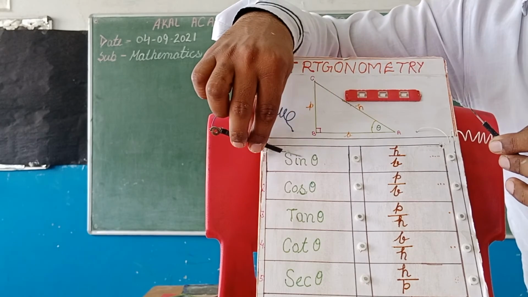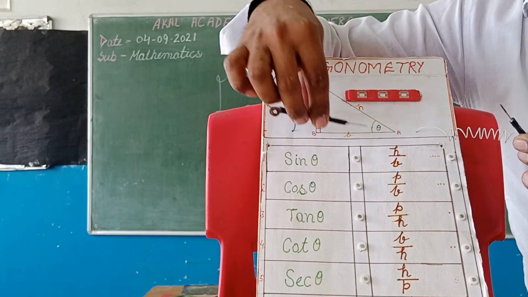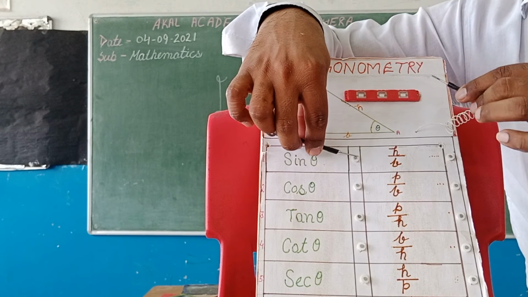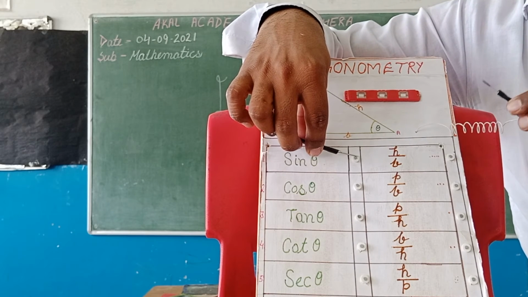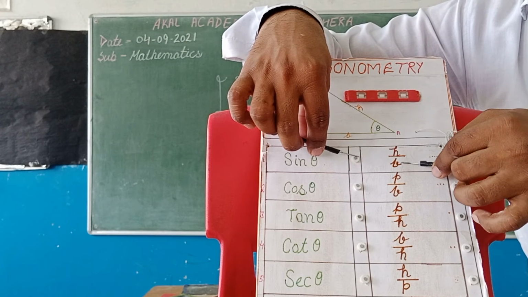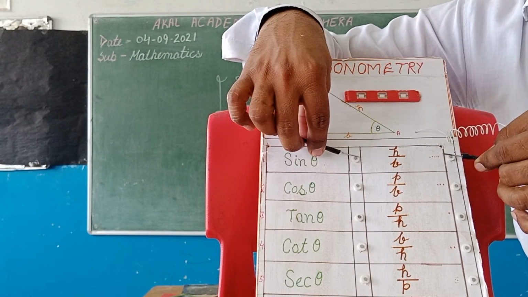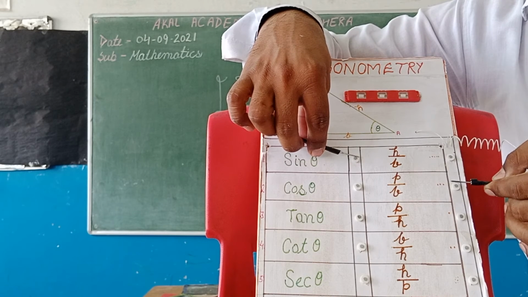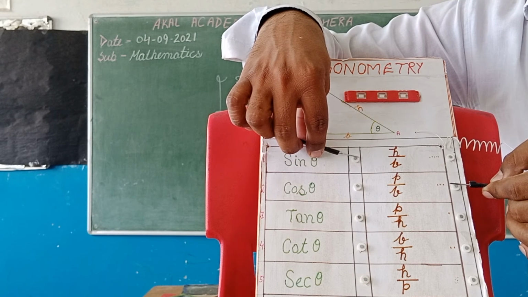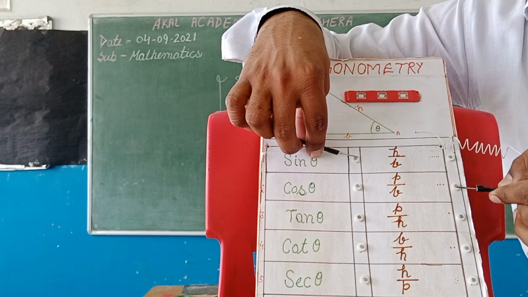If you want to find the value of sin theta, then put this needle on sin theta. If your answer is correct, then the light will flash. So check it. I am putting it at H by B. The light did not flash, meaning our answer is wrong. Now next, P by B. Here also the light did not flash, so this is also wrong.